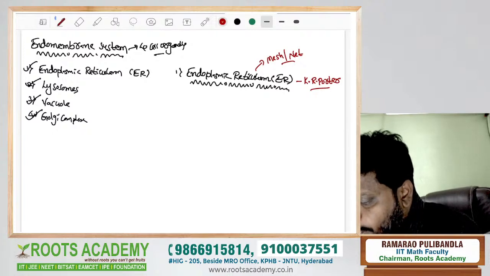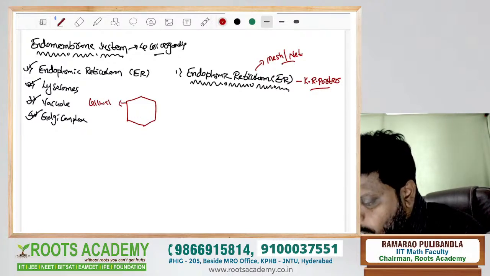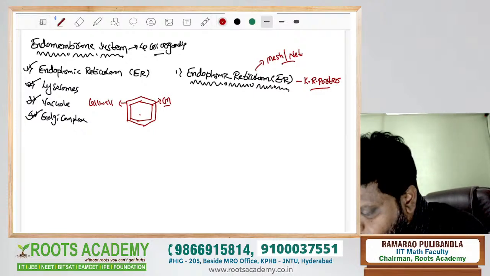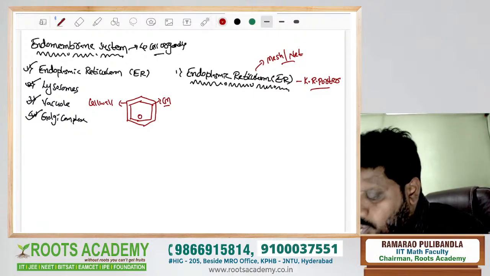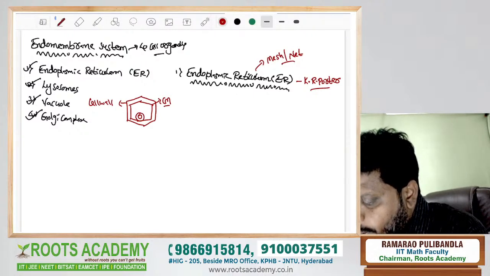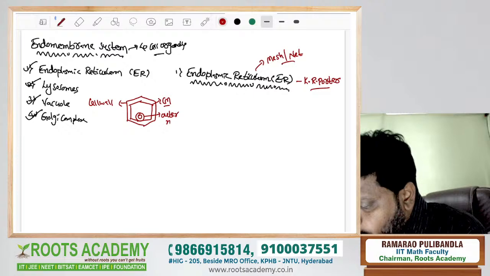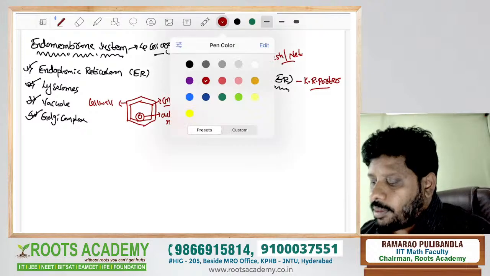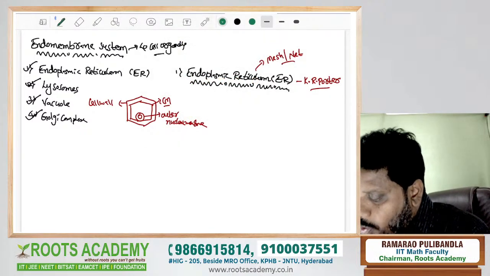See, this is the plant cell. The plant cell's outermost layer is the cell wall. Below the cell wall is the cell membrane. I am writing CM. And this is the nucleus. Around the nucleus there are 2 layers, Nana: outer nuclear membrane and inner nuclear membrane. I have taken the outer nuclear membrane. See, this endoplasmic reticulum is developed from the outer nuclear membrane and extended up to